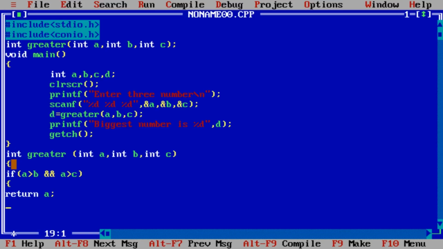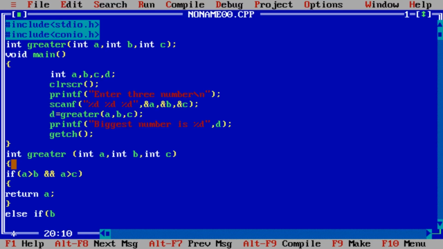A. Once again we will check else if, spelling of else if: A is larger than B and A is larger than C, then we will return value A.